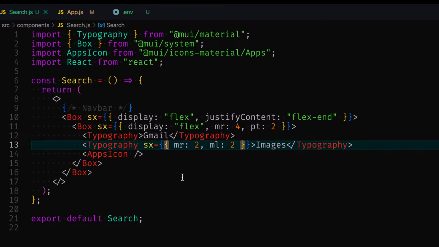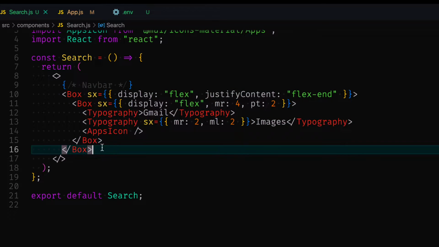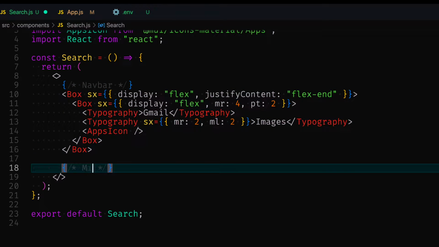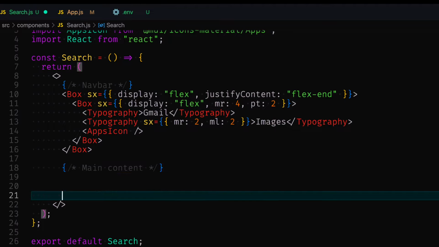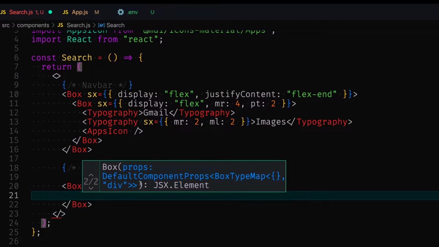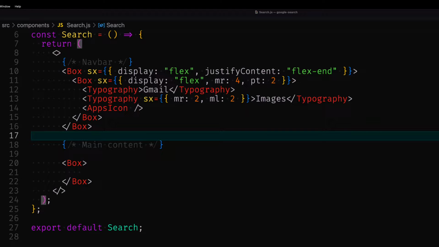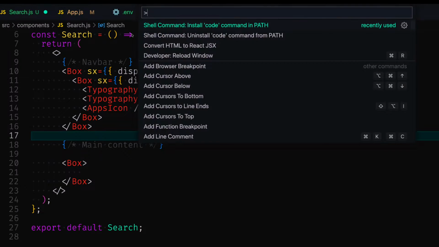So we are done with the navbar. So the next one is the content, right? So we have the navbar here. So let's comment here and call this one main content. Main content like that. Cool. So main content, let's have a box here like that, and this box is going to wrap everything inside. So let me try to reload my